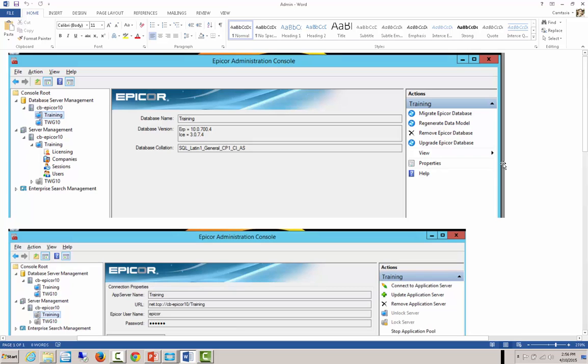And this shows a picture of the next couple of steps to complete the actual synchronization of your user-defined tables to your Epicor database. So the first step is selecting your database server in your Epicor admin console. In this case, it's our training database we have selected, and on the right hand side we choose to regenerate